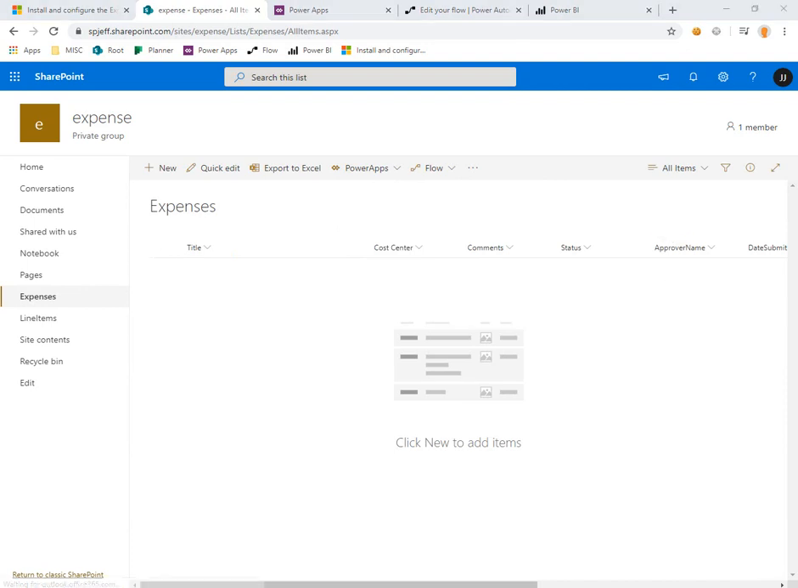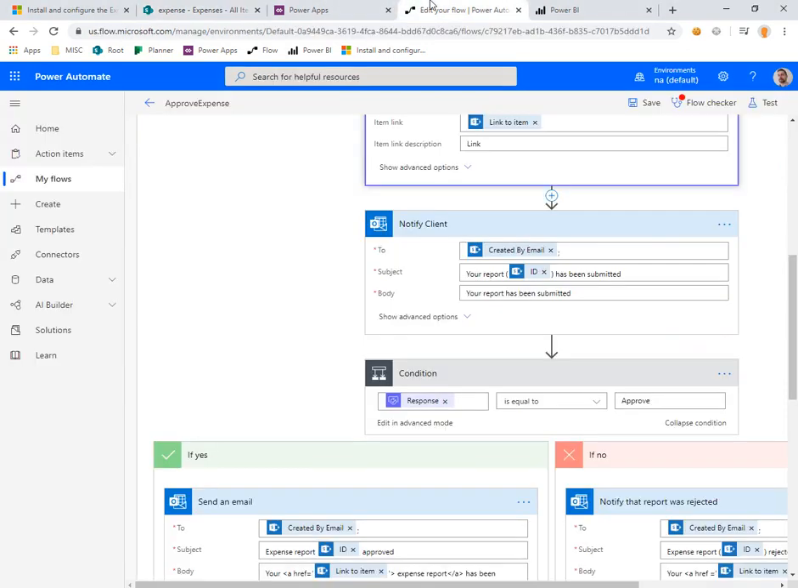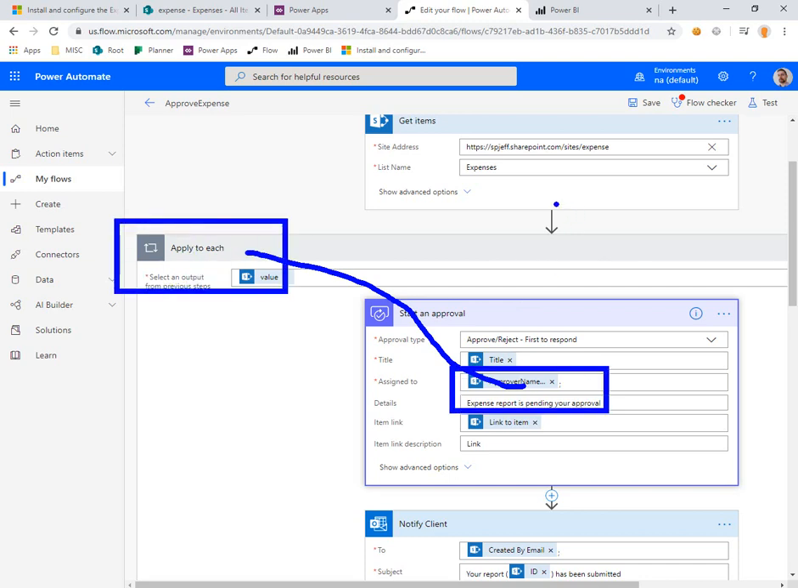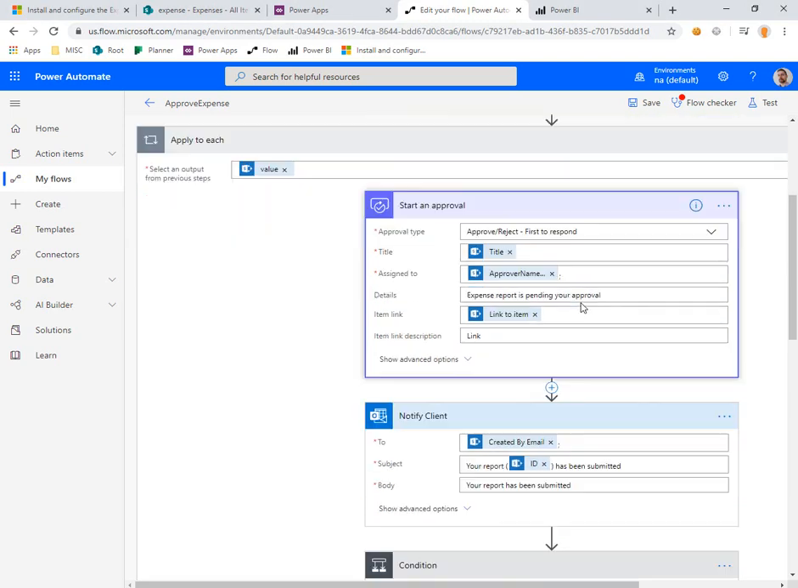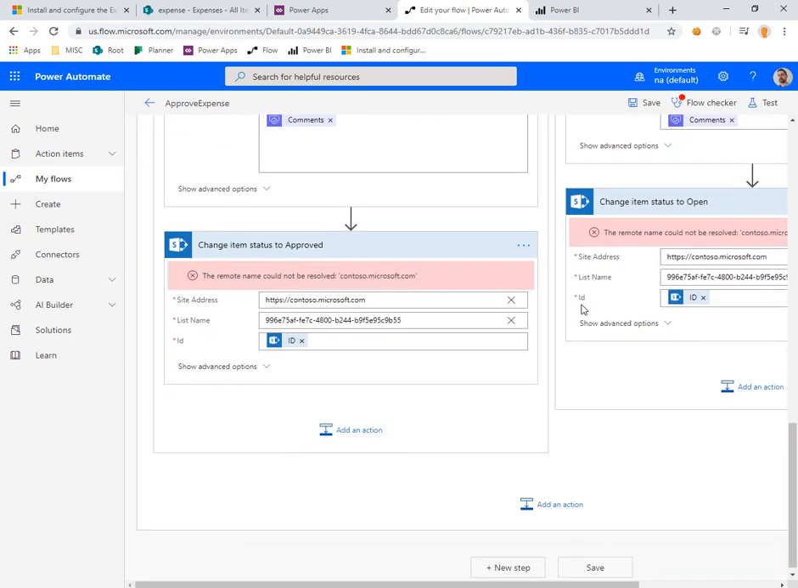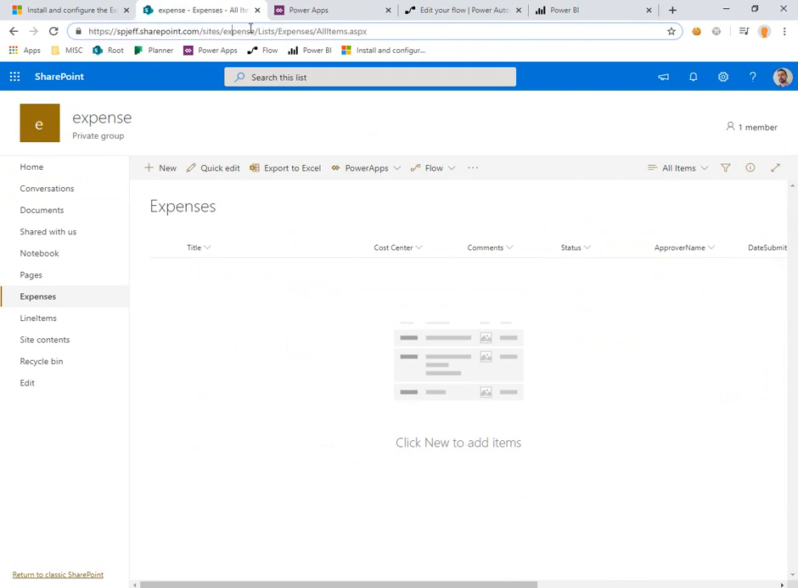Come in and look at the schema for expenses. There is an approver name, so that might be the one that we want to be looping when we apply to each, and we see approver name in use. We want expenses for the parent. So there's a little bit of deduction when you're using someone else's flow that you're importing and kind of remapping